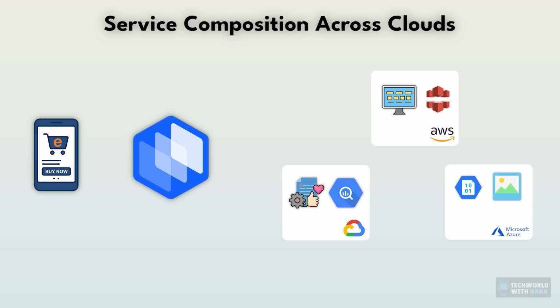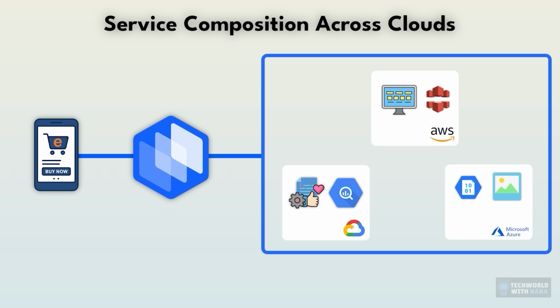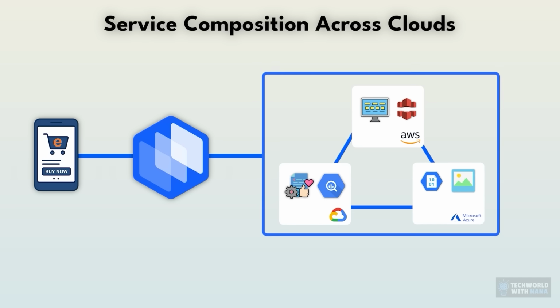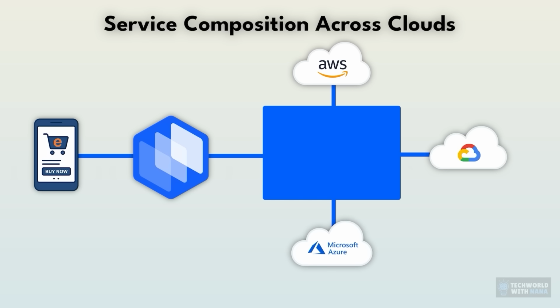With Control Plane, you deploy all these services to the platform. Control Plane handles the networking between clouds automatically, where the frontend makes a request to the recommendation service just by DNS name. No need to know that that service runs on Google Cloud. Essentially, Control Plane routes the request through its network fabric to the actual service on Google Cloud. The recommendation engine then requests an image from the image storage service. Again, just a name. Control Plane routes it to the actual Azure Blob Storage. So all the complexity of connecting AWS to Google Cloud to Azure is handled by this abstraction layer, and your services just communicate with each other using simple service names.